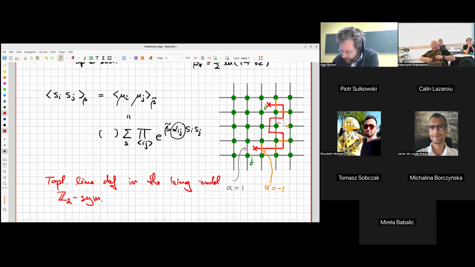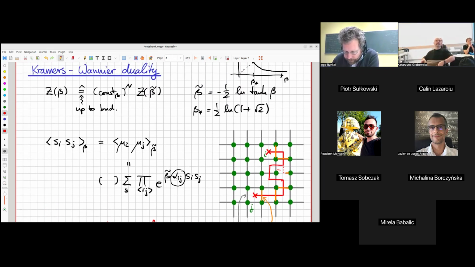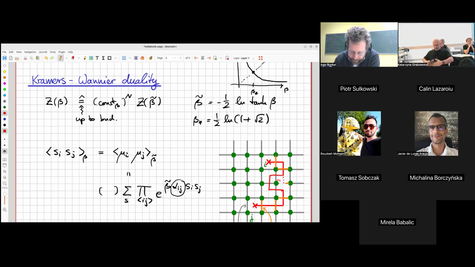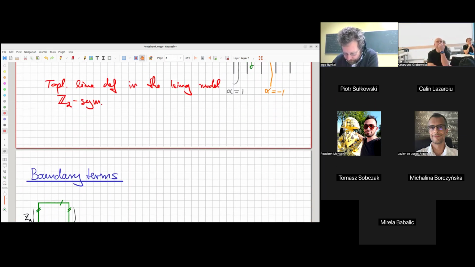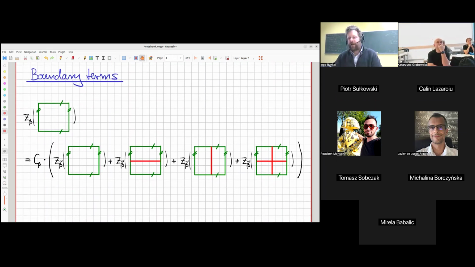I want to go back a little bit and talk about this. We have to be careful with boundary conditions. So I've drawn some pictures for this. Here's an example in which sense you do have to be careful with boundary conditions. If you have a non-trivial geometry, like say this 2-torus, where this is identified with this and that is identified with that, so I have a finite lattice, but it's periodic.